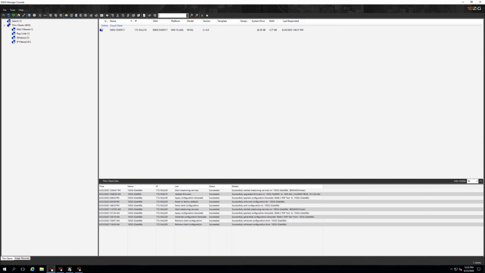Today we're going to talk about securing your remotely connected Tenzing Thin and Zero clients. First of all, what is the Tenzing Manager? The Tenzing Manager is our enterprise-grade management application, which is available free of charge with your Tenzing Thin or Zero client. The Tenzing Manager gives you the ability to configure, control, and remote access all of your Tenzing clients from